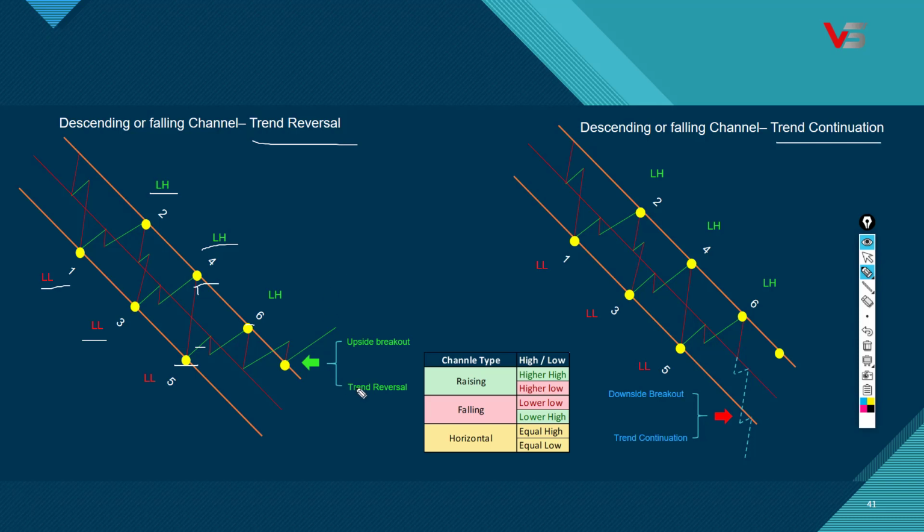If the breakout happens on the upper side, it is called trend reversal, because the downtrend is closed and an uptrend has started. For trend continuation, the price will break the support below, so the trend will continue again. Once it breaks out, the price will move hugely. In this pattern also, we can take two trades, from 4 to 5 and 5 to 6. Sometimes it will continue from 6 to 7 and 7 to 8, but it will not happen always. Then we will go to the next slide for the horizontal channel.